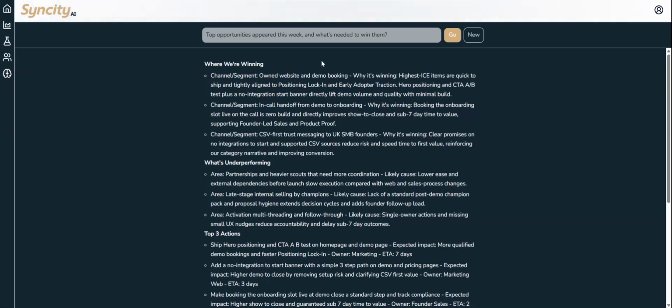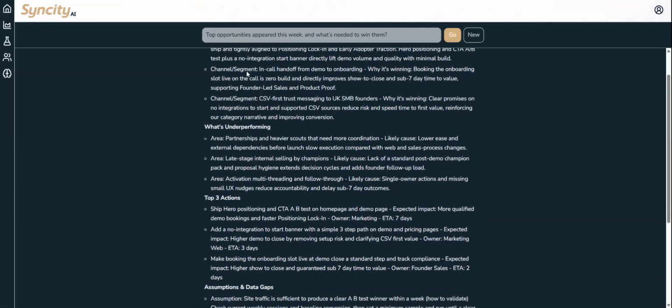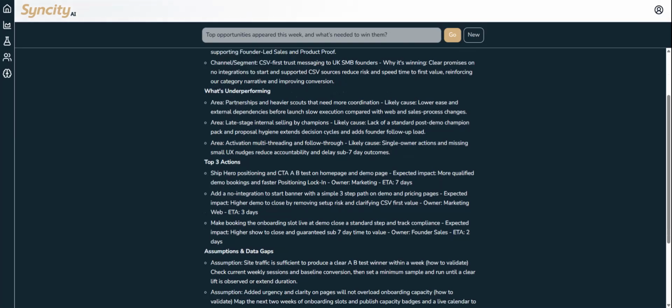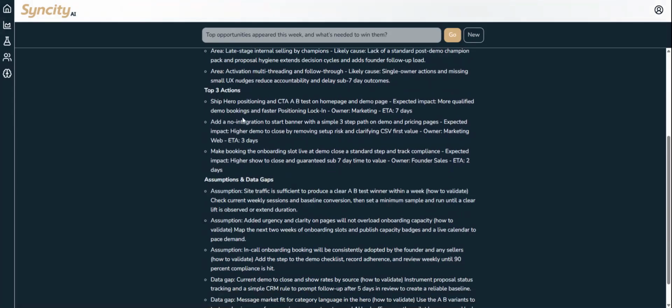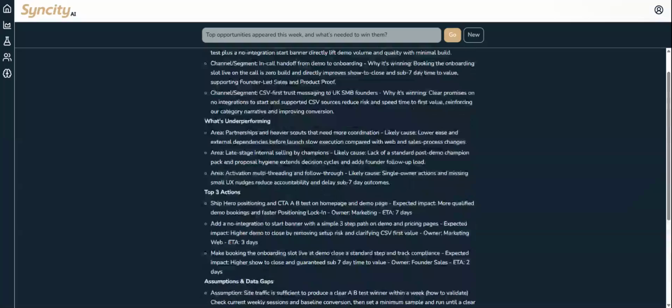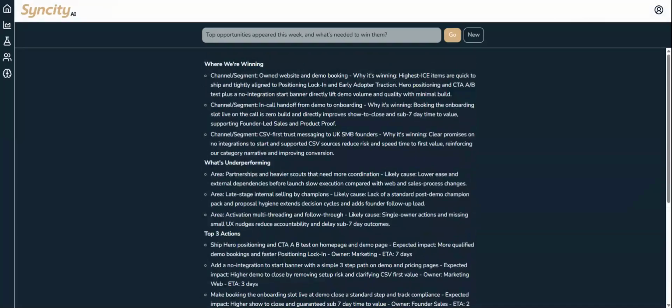So for this one, I just clicked top opportunities appeared this week. So where we're winning, it brings some ideas. It's not just a one small answer. What's underperforming? So we need to look at partnerships, late stage internal selling, our top 3 actions that we should be looking at immediately, and then any assumptions and data gaps. So it's bringing back more than just an answer. It's bringing back an answer plus a plan. But you can ask it anything